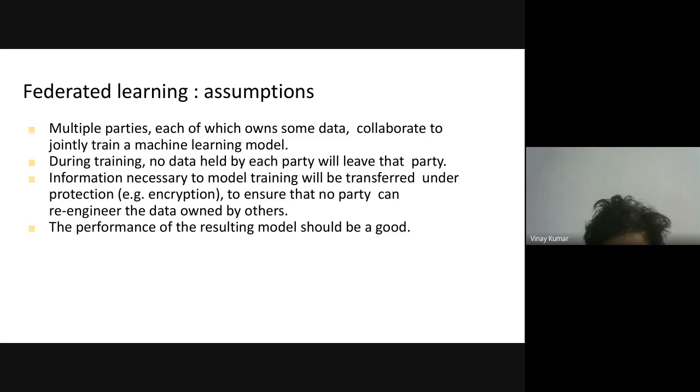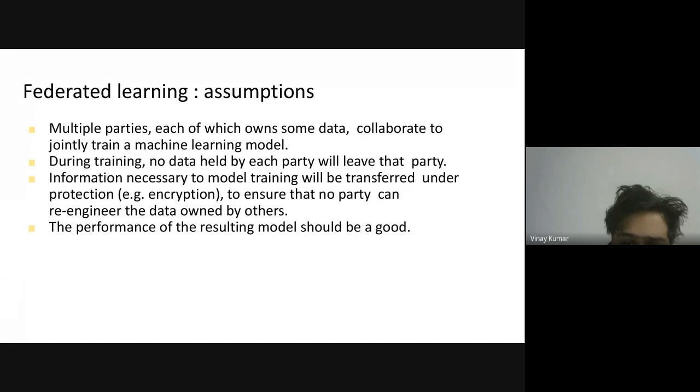So a question may arise: if we do not share the data, which information will be sufficient to train a model in the iterations? We will look into these things later. We need to share some information from each of the parties, so that information should be encrypted and protected. Okay, this is the third assumption, and the fourth assumption is